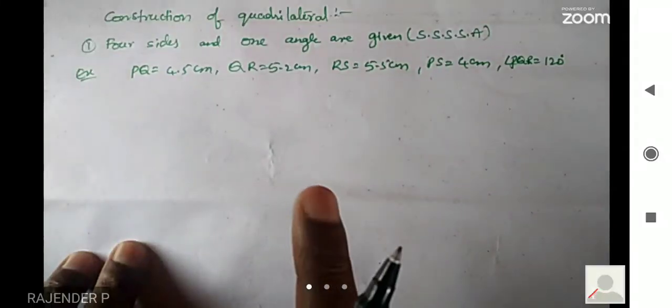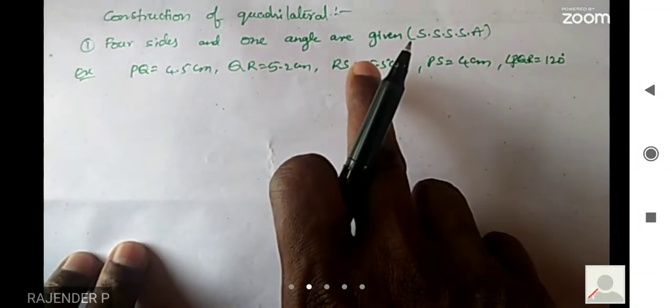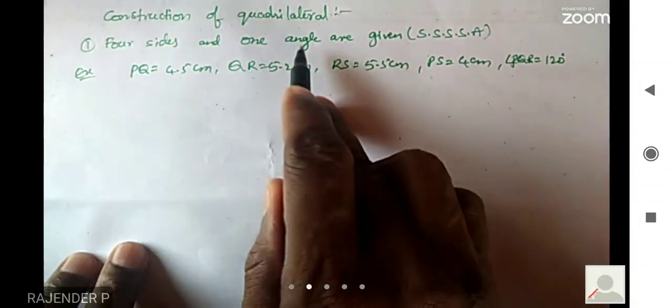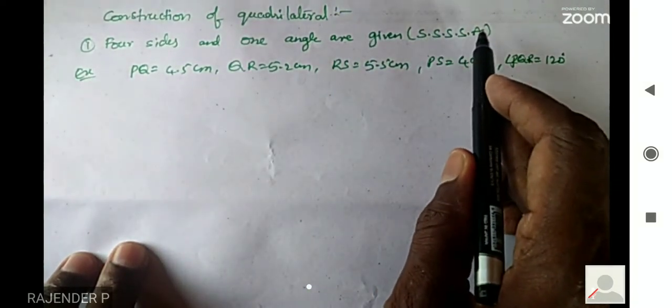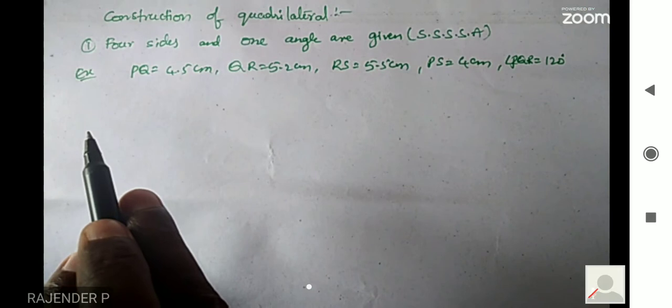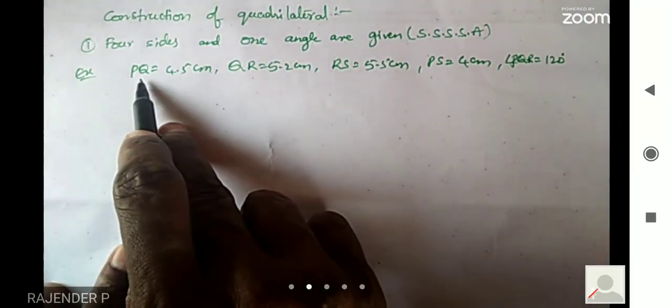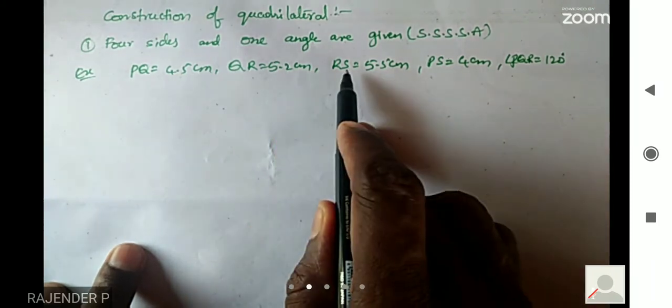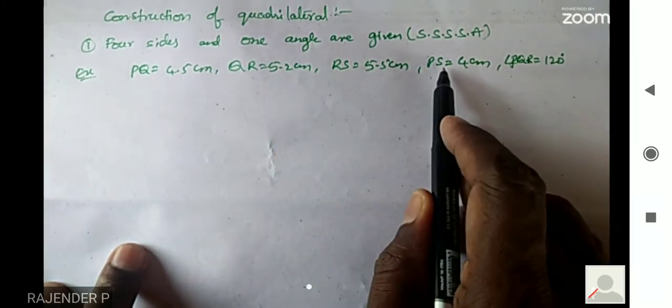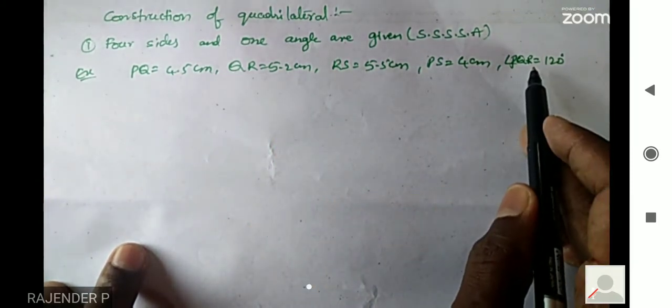Going to learn construction of a quadrilateral when four sides and one angle are given. That means S and A: four sides and one angle. For example, we have taken PQ 4.5 centimeters, QR 5.2 centimeters, RS 5.5 centimeters, PS 4 centimeters, and angle PQR